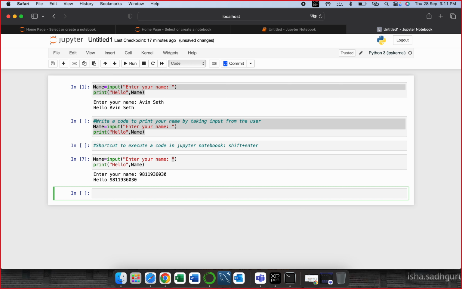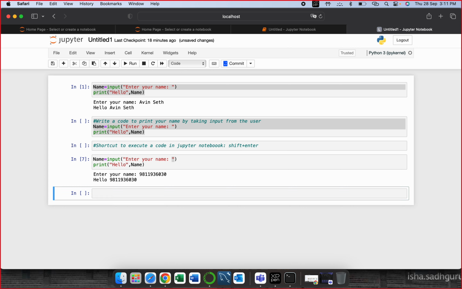The data types and everything I'll explain to you later on. Let us just stick to how we work on a Jupyter Notebook. Let's just get familiar with the Jupyter Notebook as of now. So what I was telling,